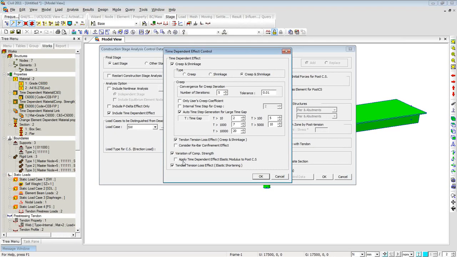If you want the effect of time dependent material and elastic modulus to be carried forward to post construction stage, then you can certainly check this on and consider that as well. You can also consider the rebar confinement effect by checking this option. Right now I'll be sticking to this default,